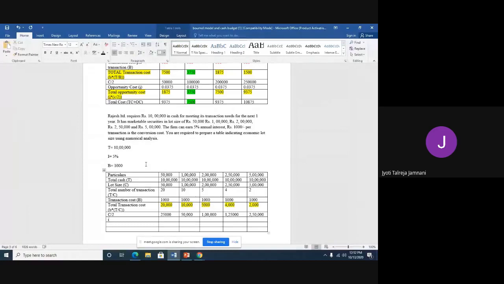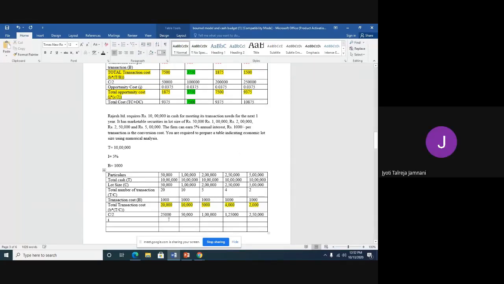In the previous sum, you required it for 3 months, so you took only 3 months interest. So this you have to remember because this is the mistake that most of them make in exam and lose marks. This is one of the silly mistakes. They forget to convert the rate, and sometimes when it is not required, they convert it. Here it is not required because for 1 year cash requirement, we need 1 year rate which is given. So we'll take it as it is. But in the previous sum, it was required, 3 months rate we had to convert because it was 3 months cash requirement.